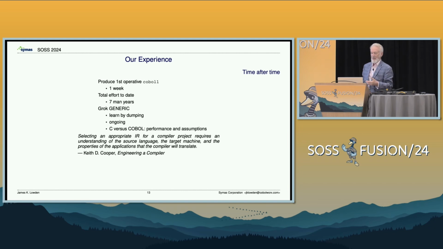And the distance from there to here has been the better part of 4 years. We are now at a point where our compiler passes this NIST standard test for COBOL for 1985, not nothing. We implement most of the features that are described by ISO 2023, so we feel like we're getting to be up to date. There are still things that are missing, and I don't know, there might be another 7 man-years left in it. We'll have to see how much.